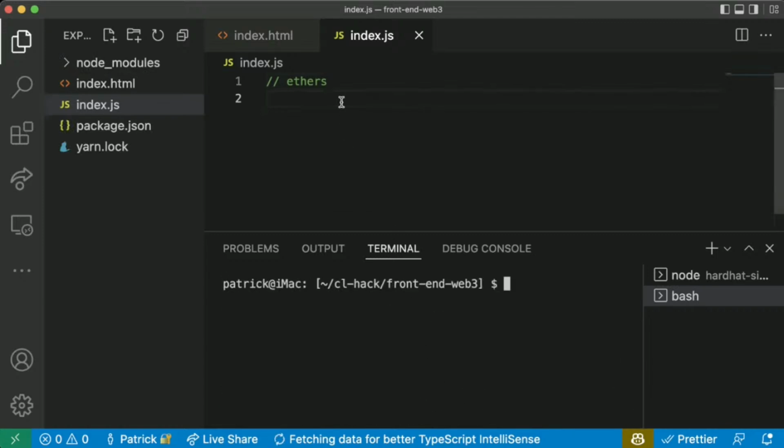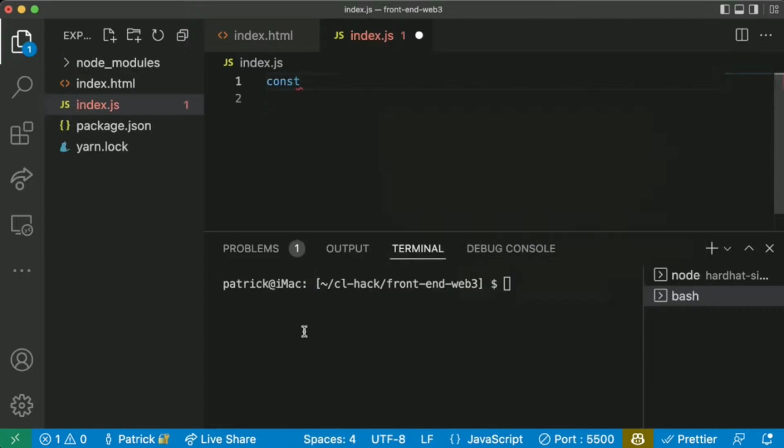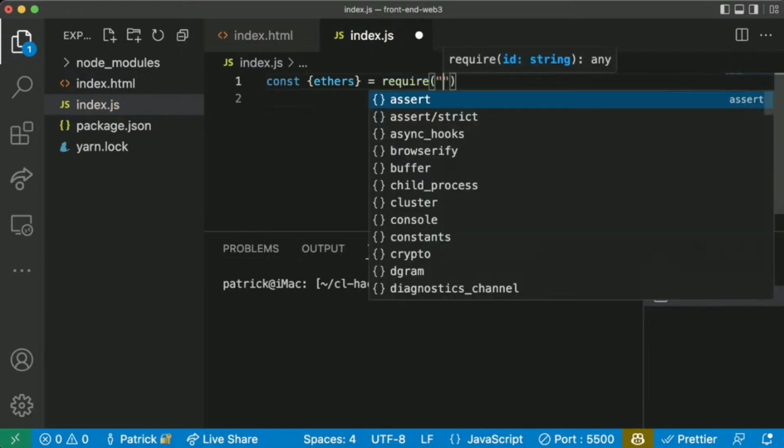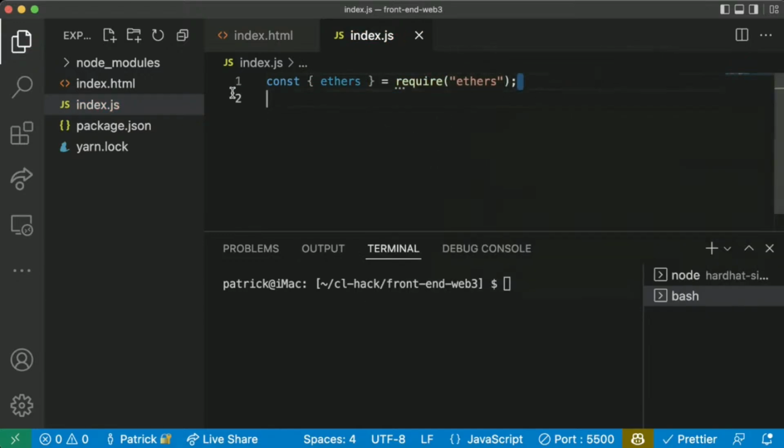And we're going to need to do const ethers equals require ethers, right? And we can't do this on the front end. We can't do const ethers equals require ethers. The front end's going to go, I have no idea what you're talking about here.